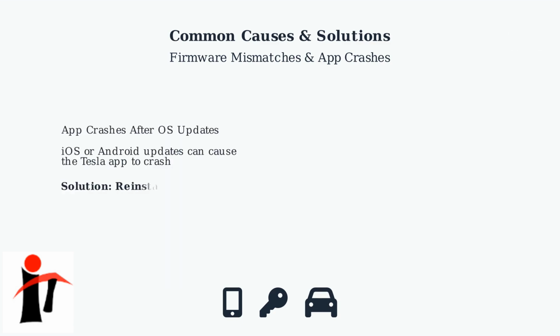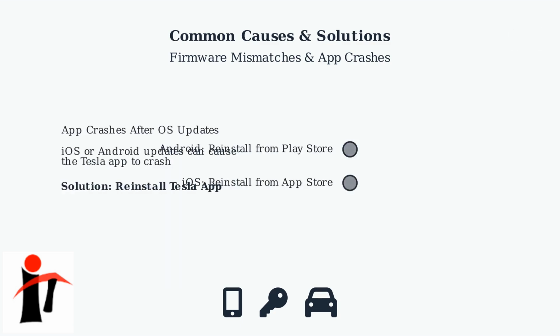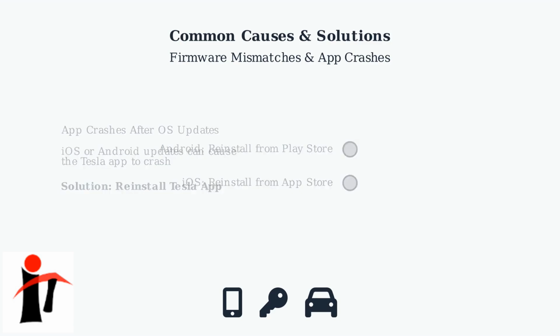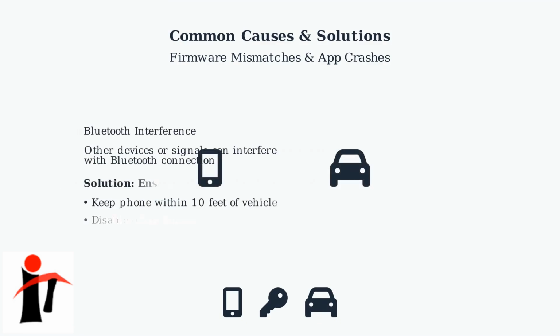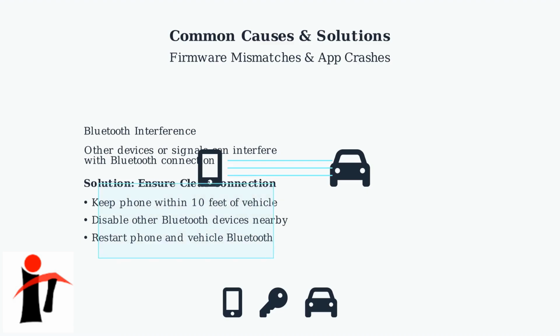Another common issue occurs when the Tesla app crashes after updating your phone's operating system, such as iOS or Android. Reinstalling the Tesla app often fixes compatibility problems. Bluetooth interference from other devices can prevent the vehicle from reading the phone key. Keep your phone within 10 feet of the vehicle, disable nearby Bluetooth devices, and restart Bluetooth on both your phone